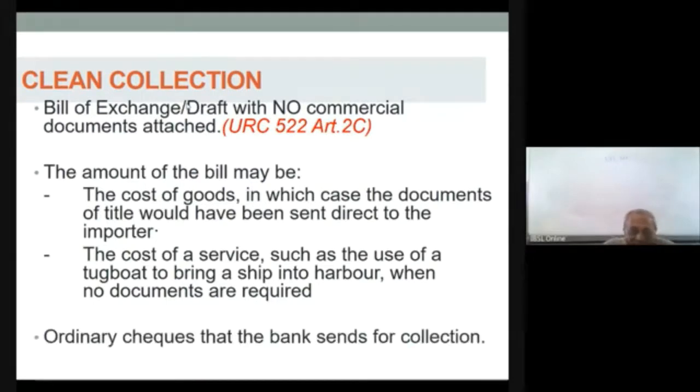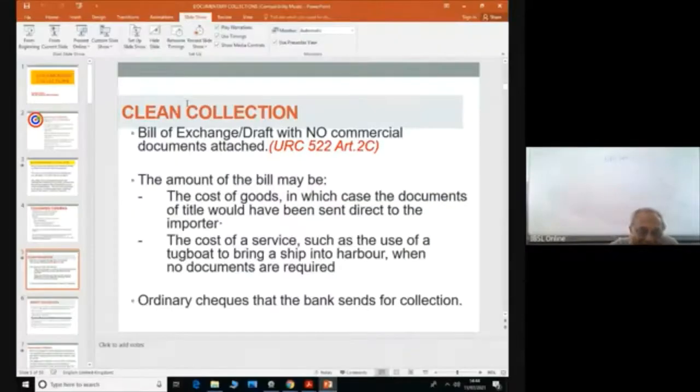Then ordinary checks that the bank sends for collection. That is clean collection. In clean collection, bill of exchange draft, that's a financial document only with no commercial documents attached. Right? Again, we'll go back to